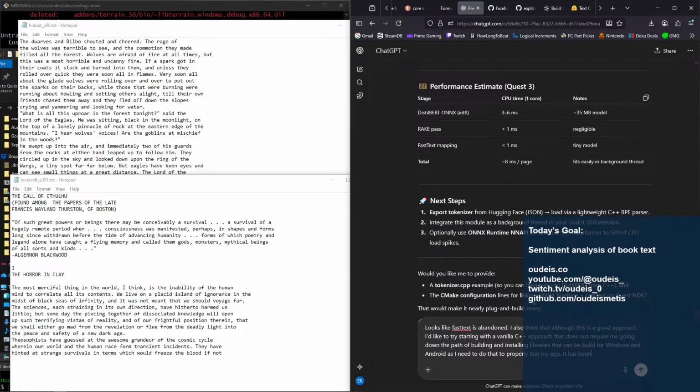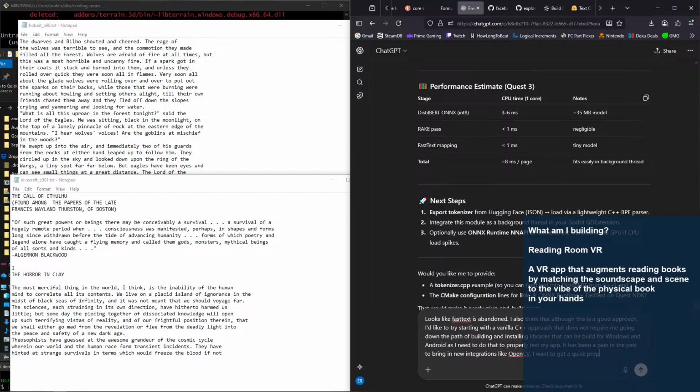It has been a pain in the past to bring in new integrations like OpenCV. I want to get a quick prototype going. So what are my options